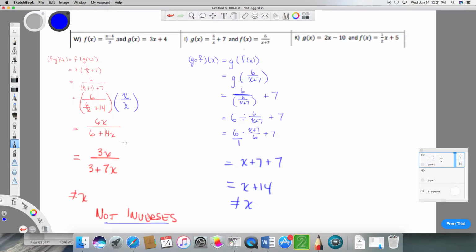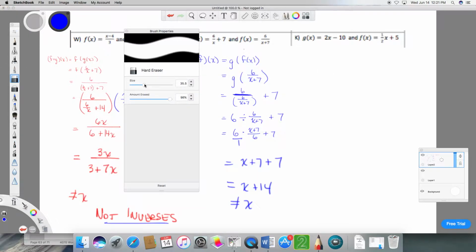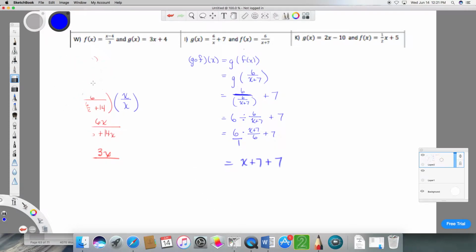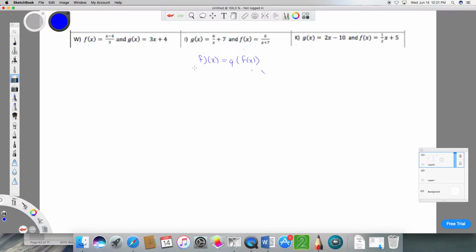All right. I still have this last one to go. So I want to do the same thing. I want to find each of the compositions and determine whether they reduce to x or not. So f composed with g